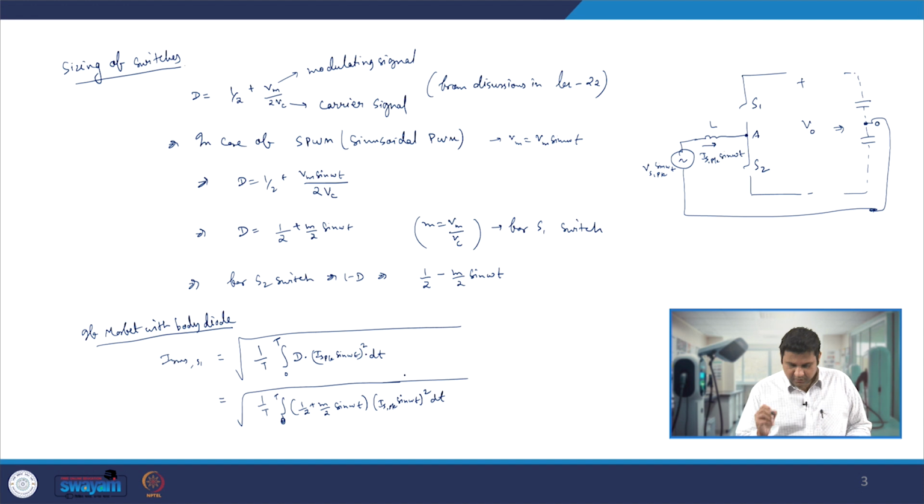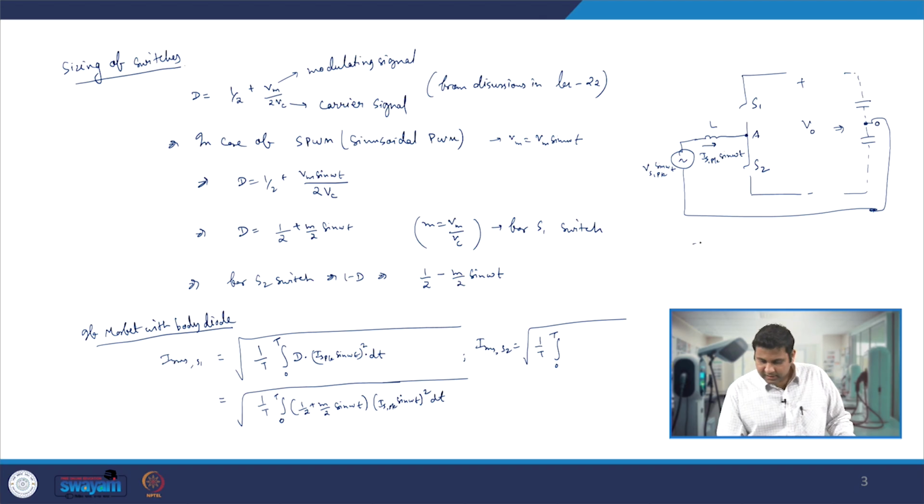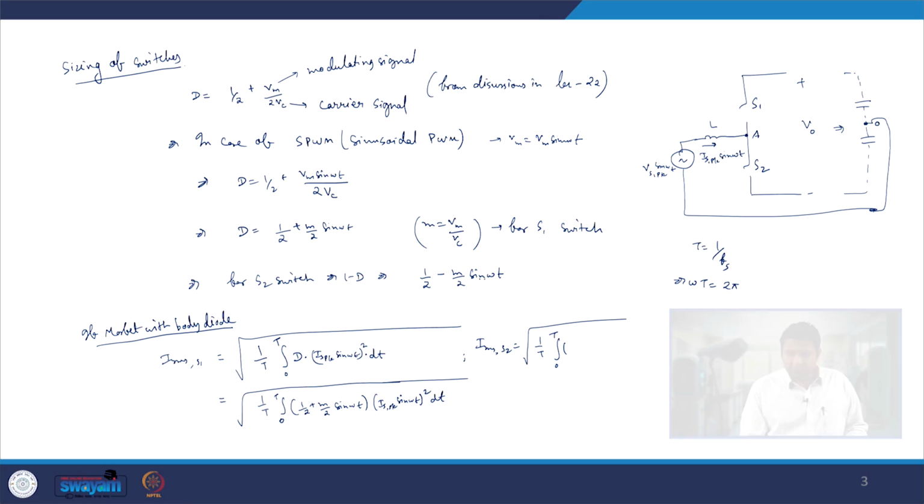This you can solve to obtain your RMS current flowing through the switch S1. Similarly, you can also calculate the IRMS through S2, which is nothing but 1 by T, 0 to T. Again T is nothing but 1 by Fs, and we can say that omega t is nothing but 2 pi. Okay, it is going from 0 to T,